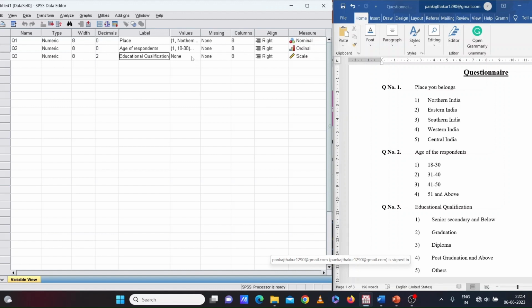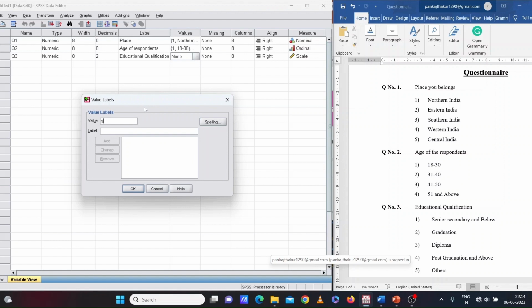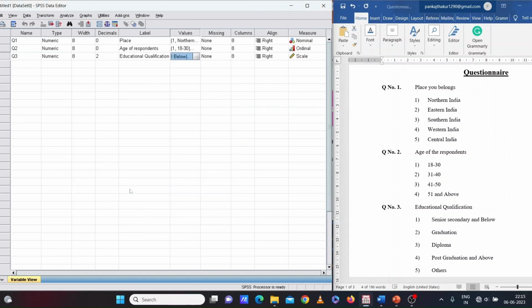For this variable we have different values: value 1 for senior secondary and below, and value 2 for graduation. Again we will click on add and then OK. Now in this particular case, again the scale will be an ordinal scale.